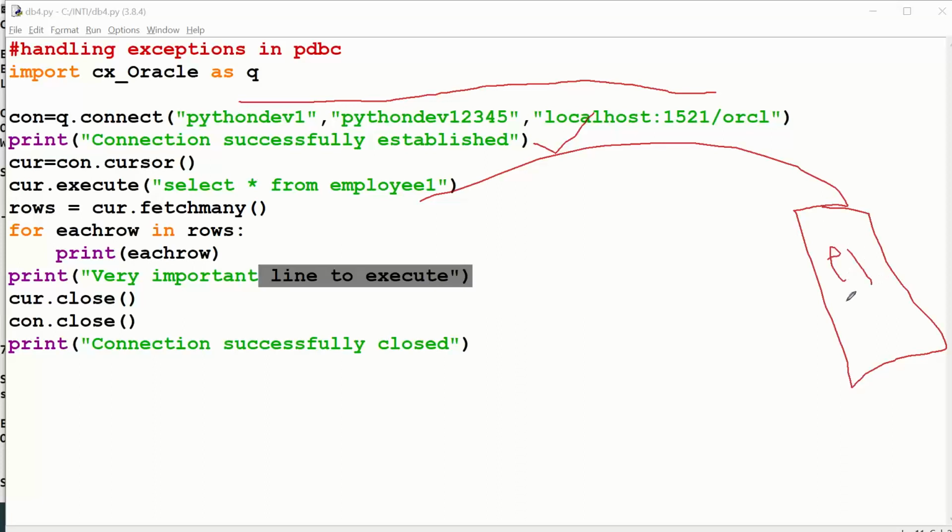When there is no employee 1 data, it executed abnormally without doing the proper closure of these files, right? That's why you're not seeing the output of these lines. This is as good as not locking the door when you go out from a place, right? So this is a serious problem. It leads to data loss, okay?